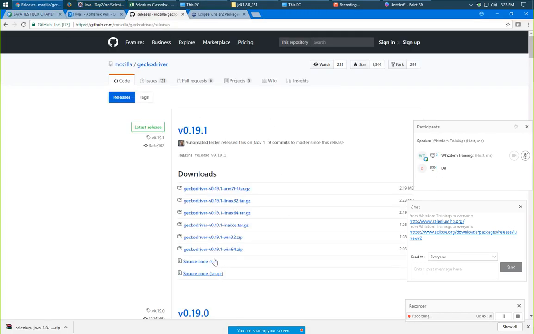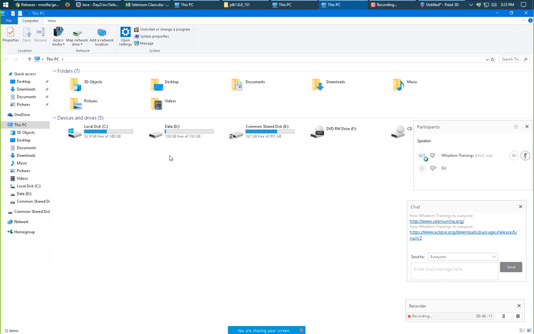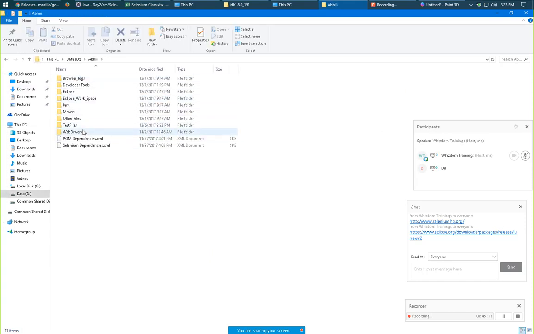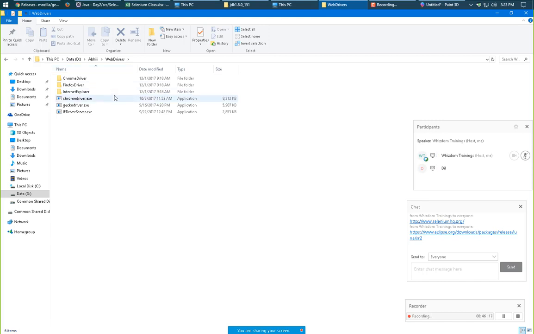This is the driver I'm going to use. I've already downloaded it, and this is the address for that driver, in the WebDrivers folder. So I'll just use this.